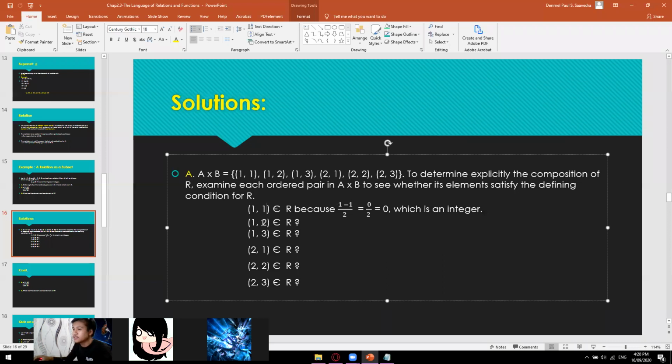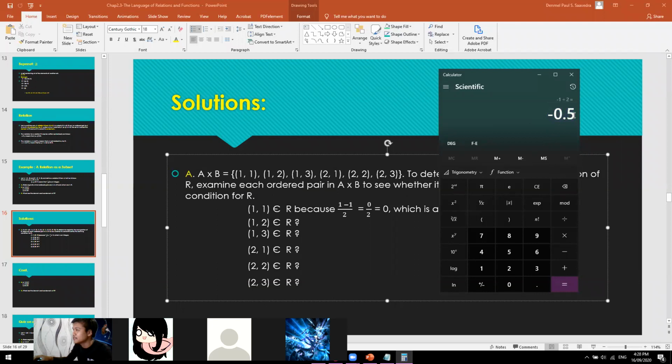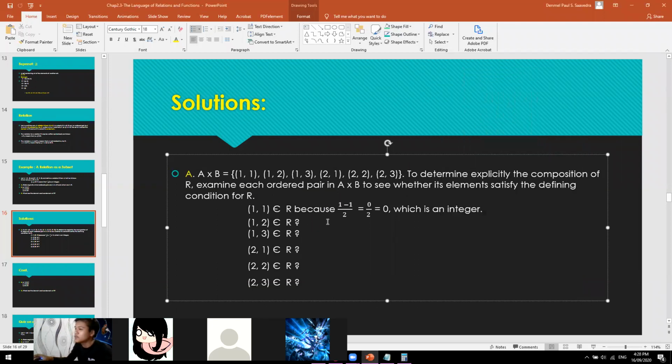Okay, how about the second one? Is 1 related to 2? So kung gagamitin natin yung calculator, okay, so 1 minus 2 is negative 1 divided by 2, wherein you will get negative 0.5. So is this an integer? Yes, sir. So this is not an integer, so this is fraction. So integer are whole numbers only. So we could say that 1, 2 is not